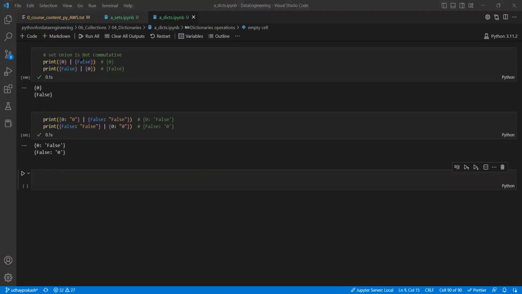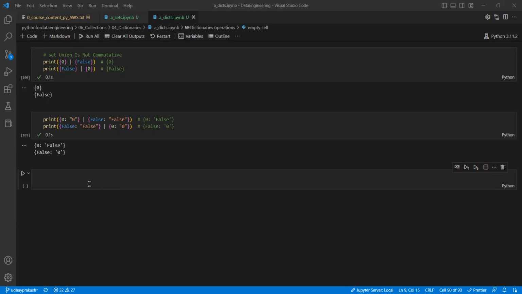You can check with multiple things, but a simple thing I will give is that as both have the same values, whatever it takes first, it will retain. That's the one thing I'm saying, but you can follow the same to understand. So hope it's clear. And one last use case from dictionaries, if you see, is about